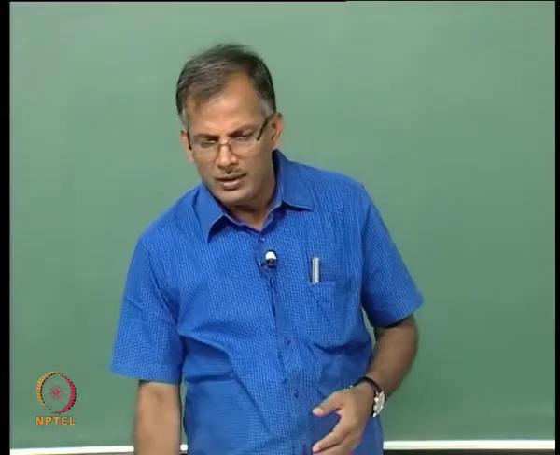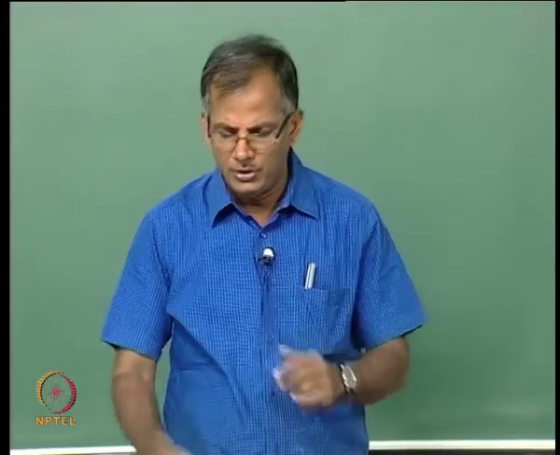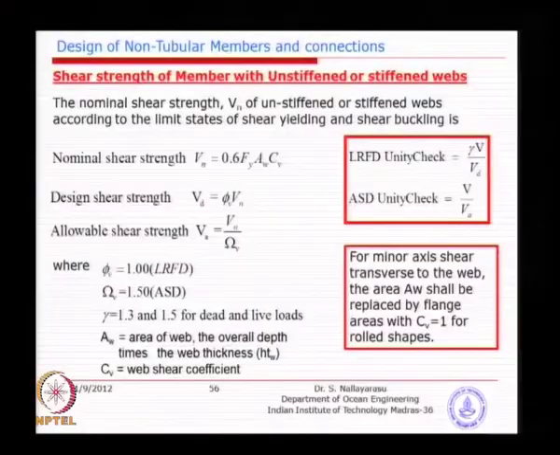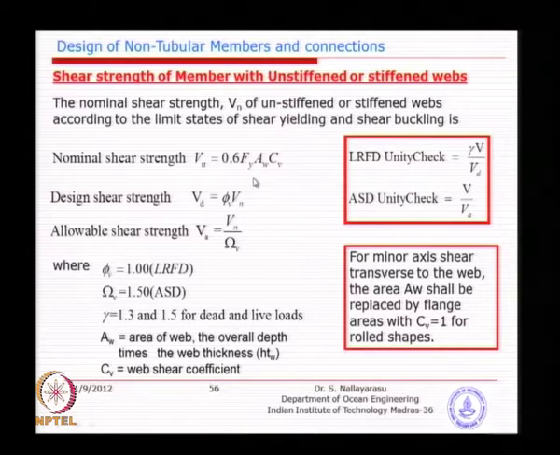Okay, so we will see the shear effects on the members today. This is basically similar to what we have been looking at for axial and bending. You can see here the shear effect is taken into account by 60% of the yield. This is in contradiction to tubular members or the API code, where we were looking at 40% only. So that's one major difference, but of course it will be adjusted by means of other load factors.